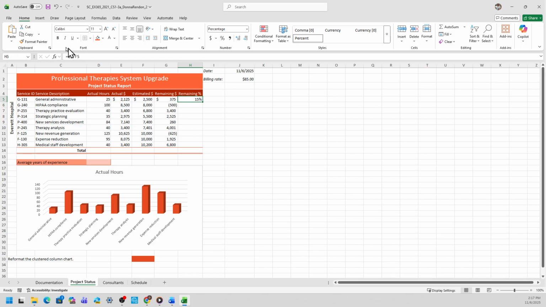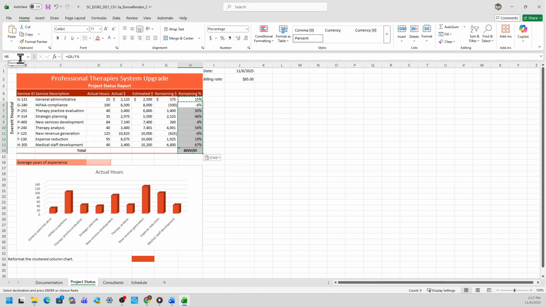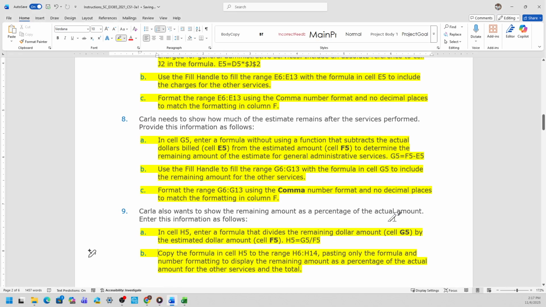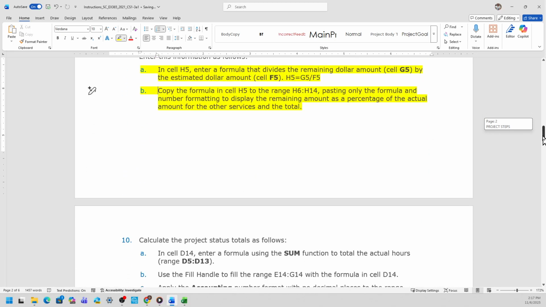And then copy the formula, and then select H6 to H14, and then copy, paste, go to paste, and then just copy the formula. Okay, this will be corrected later on. So that's step 9. Okay, step 10,